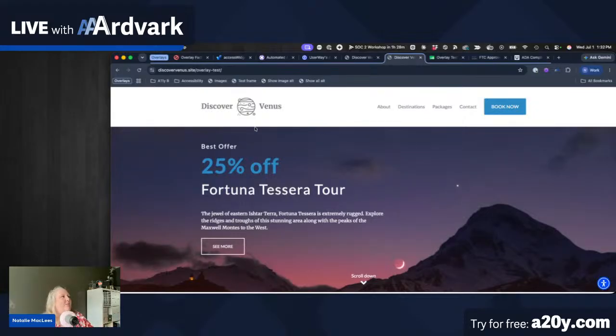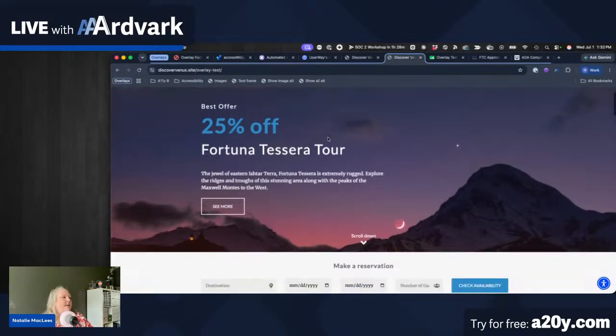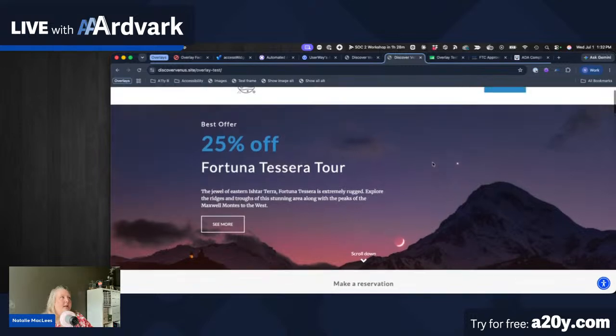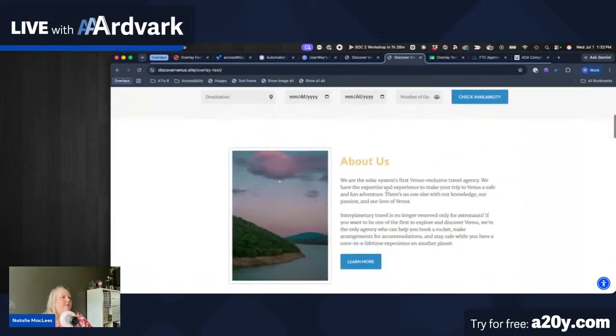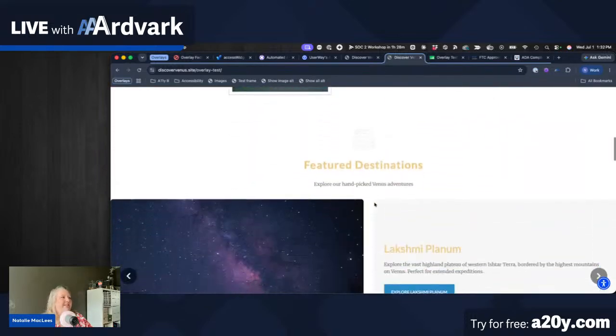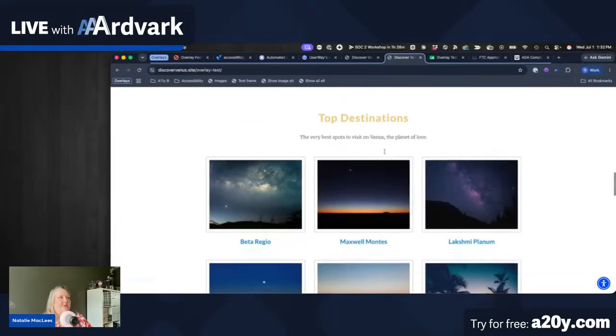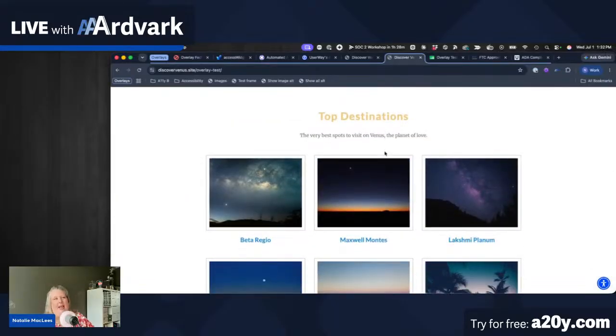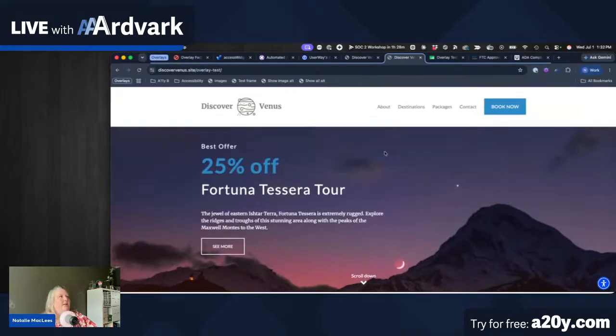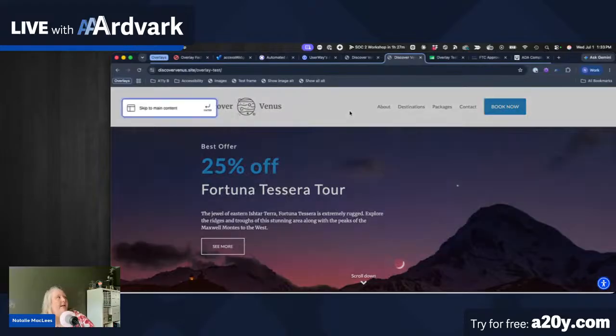So you'll see that what we skipped past was the hero section, we skipped past make a reservation, we skipped past about us, we skipped past the carousel, and it took us all the way down here to top destinations. And I don't know how it decides what it thinks skipping to main content looks like. But I also wanted to point out that it added other links up here as well. So if I hit tab again,